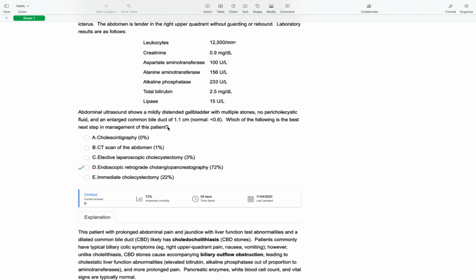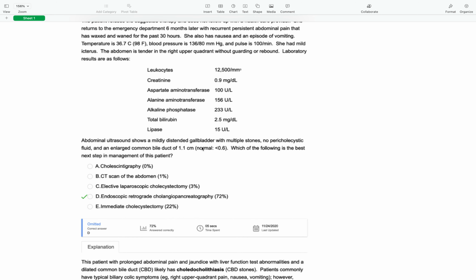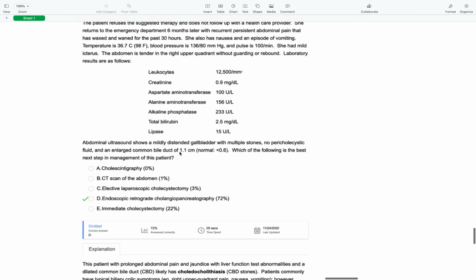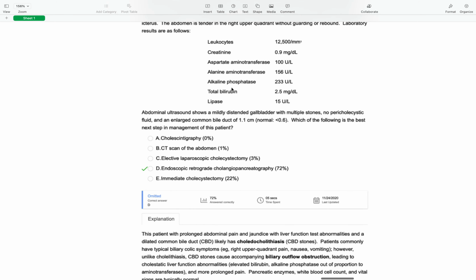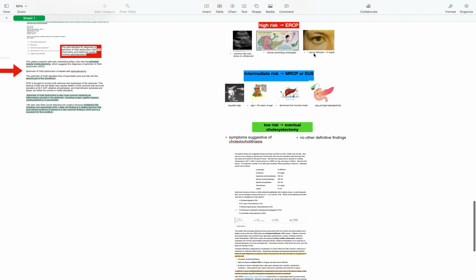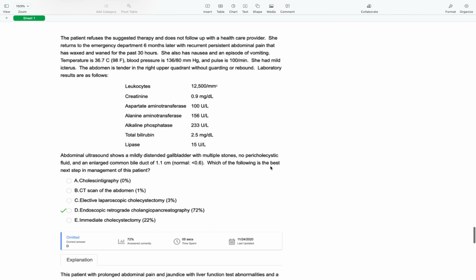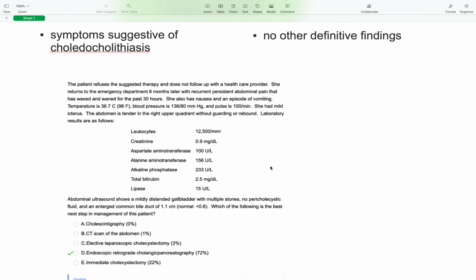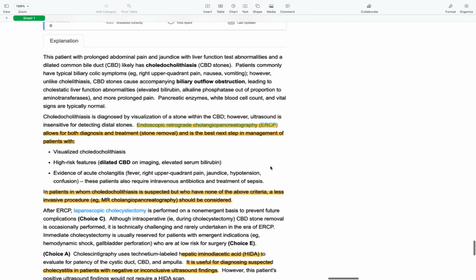Okay, now this patient is a high-risk patient. Why? Because this patient has a dilated common bile duct on the ultrasound, and signs of infection, cholangitis, okay. Or what are the other indications for high risk? As we said, high bilirubin level, okay. So here, the ultimate next step for any patient who presents with choledocolithiasis would be an ERCP, okay. Because it's both therapeutic and